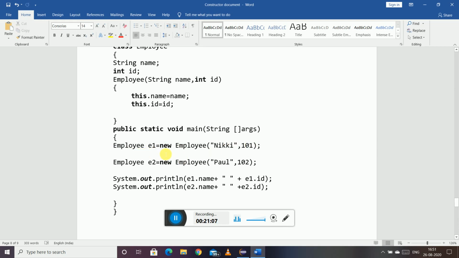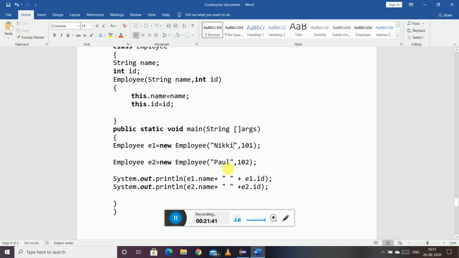Means instead of writing E1 dot name equals Nikki, E1 dot ID equals 101, you can simply, in the same line as you are creating the object, initialize all the variables that the object contains by providing them the values. Like Nikki will get assigned to name for E1 and 101 will get assigned to ID for E1. Similarly for E2, Paul will get assigned to name and 102 to ID.